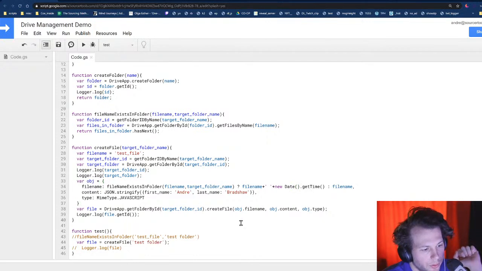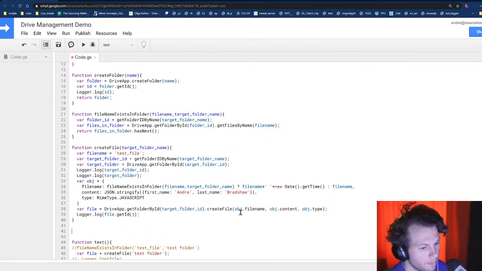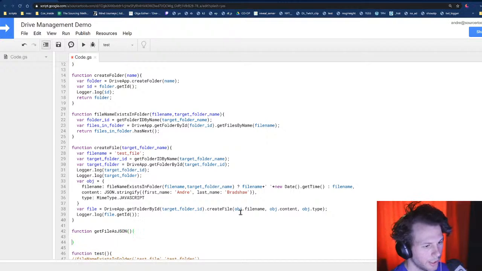What else do we want to do? Oh, maybe I want to read a JSON file that I have in here. So, how would we do that? Function read file content. Now I'm going to say get JSON file, or get file as JSON. I don't know what arguments I want to have yet,